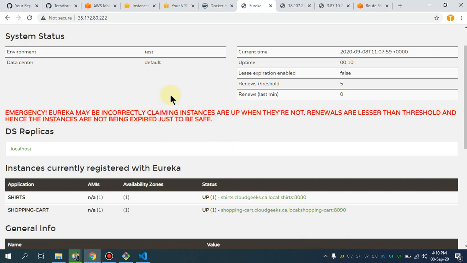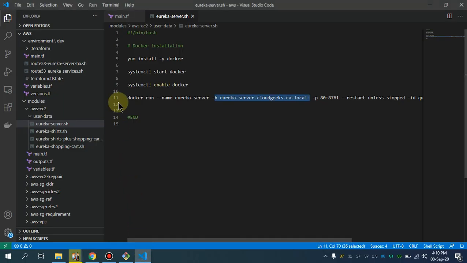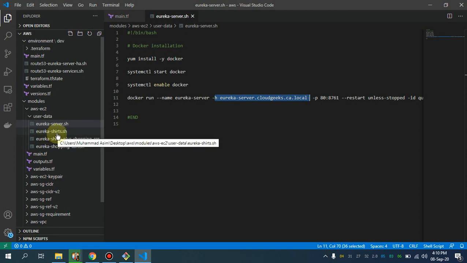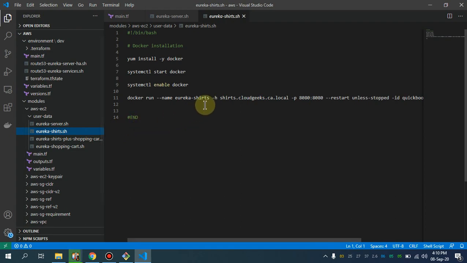As far as the host name, I want to show you more stuff. If I click the Eureka shared services, you see, I'm giving the name eurekashares.cloudgeeks.ca.local.